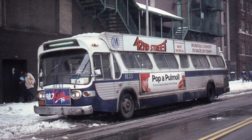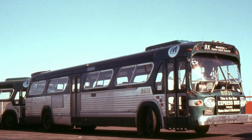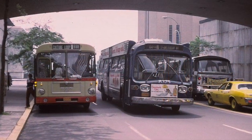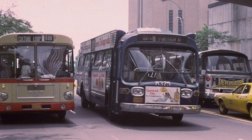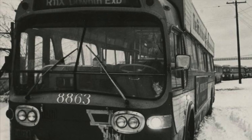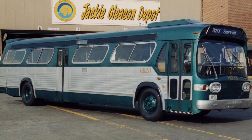And these GMC New Look Fishbowls, along with the 1968 Fishbowls, were all out good and served New York City Transit very well, and were well liked by many. Though of course I'm sure you had some nitpicks by some drivers, passengers, and whatnot, but it is what it is. Oh, and speaking of 1968 GMC New Look Fishbowls,